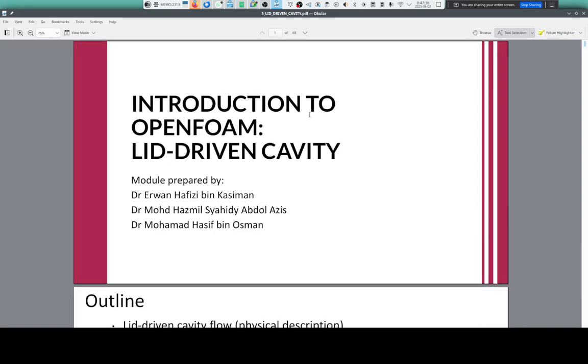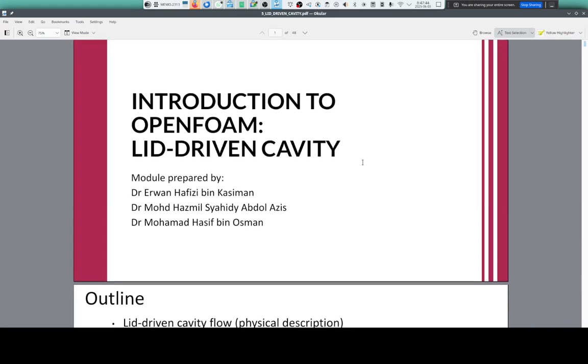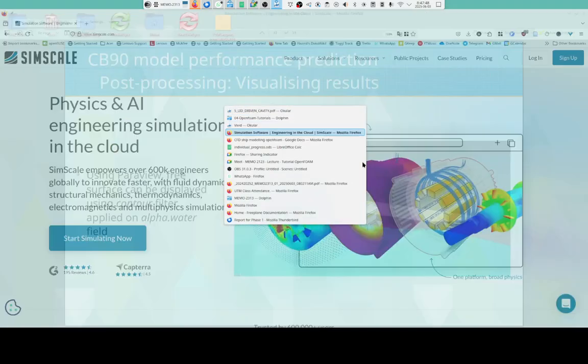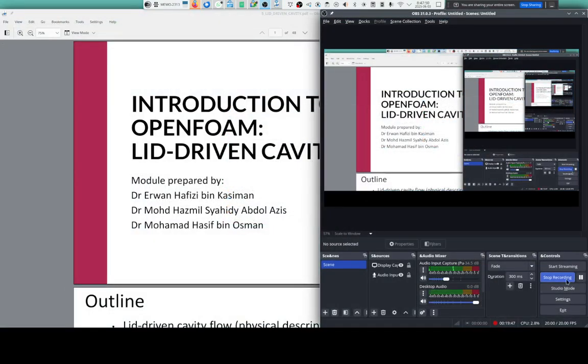But anyway, the most complete will be in the official documentation for the tutorial. Okay, so first we look into the introduction to OpenFOAM, lid-driven cavity. The very first case that everyone must do. Okay, so let me